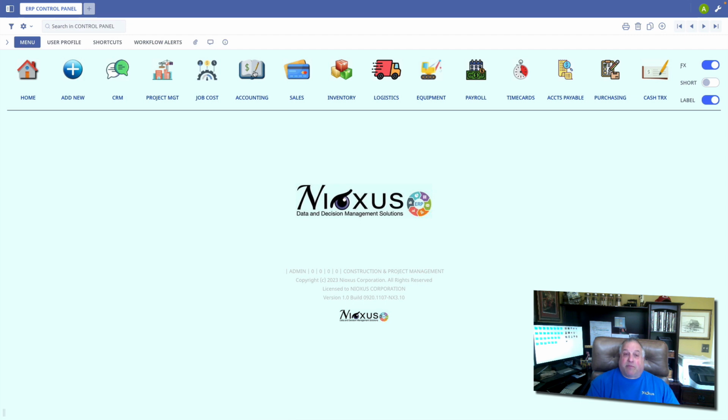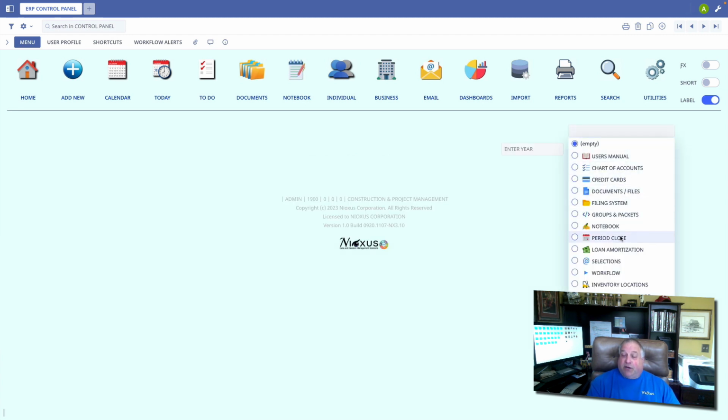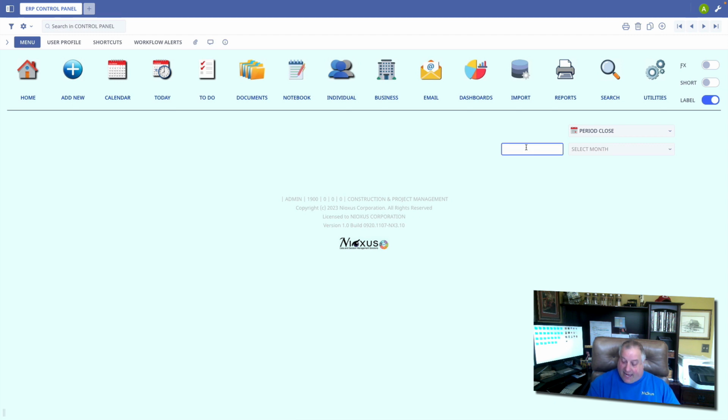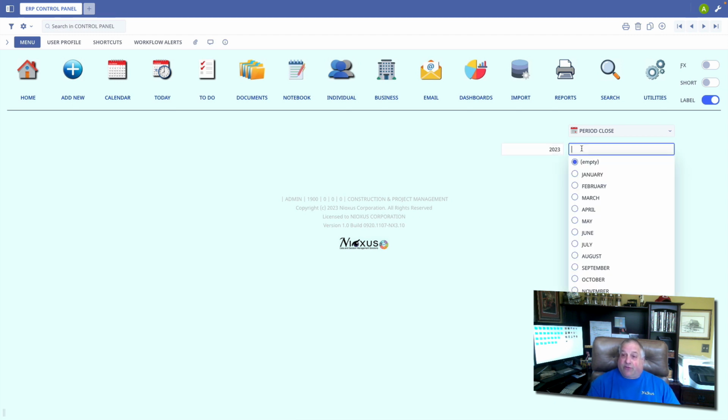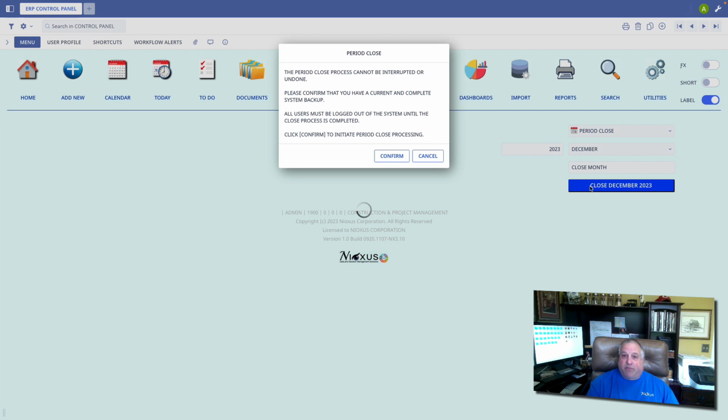Once everything has been posted to your general journal, we then can go in to System Utilities. We can select Period Close. We can indicate the year, in this case 2023, the month of December. We type in our close month security key, which right now I just have set to close month, and with the click of a button, all of our transactions will be closed, all of the period will be closed, and our general journal and all of our detailed journals will be updated,